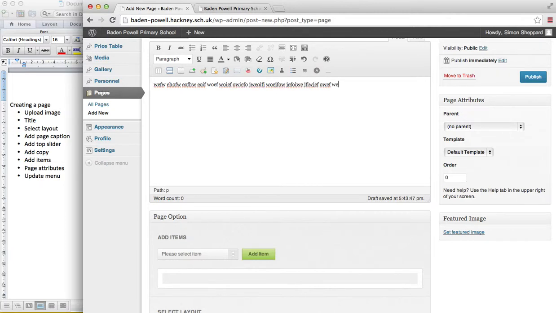You can copy and paste from Word into this. If you do that, there is an option here which you can say paste from Word. It just removes some of the formatting that Word documents have, and makes it kind of web page friendly, as it were. So once you've added the copy,